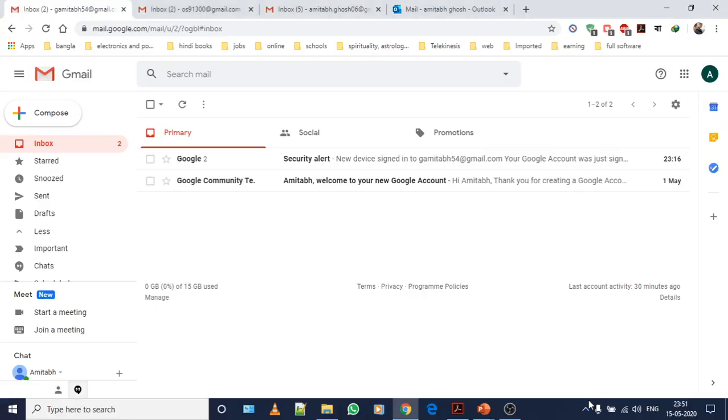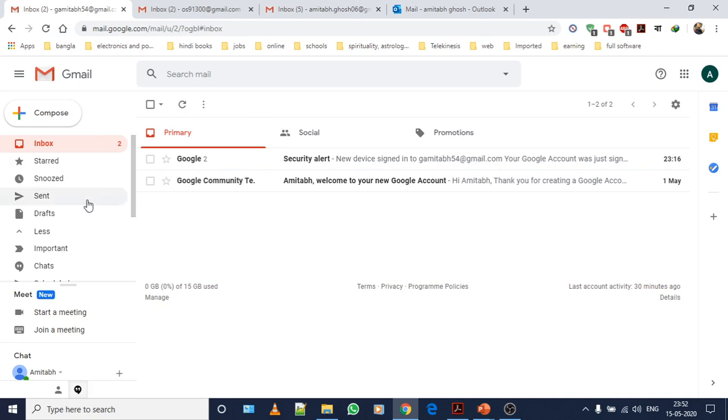So this was my demo account that I created in my last video. If you check the interface of Gmail, you will find a left pane with different types of boxes or sections, like inbox, where you receive all the mails. Apart from that, I told you about sent, where you can see the mail that you have sent.